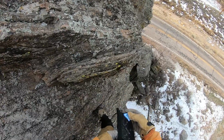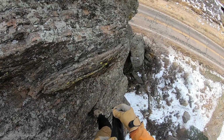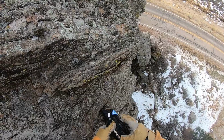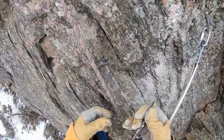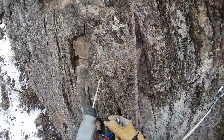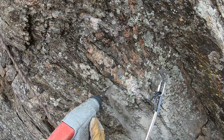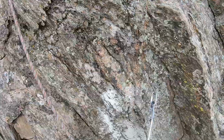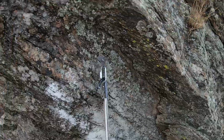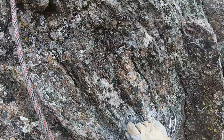Okay, we're committing. We're going big. Going with a bigger bolt, bigger hole, and that will probably help keep the quality of the bolt better. Bigger hole, deeper hole. Not where I wanted it originally. And now the rock is scarred here, but